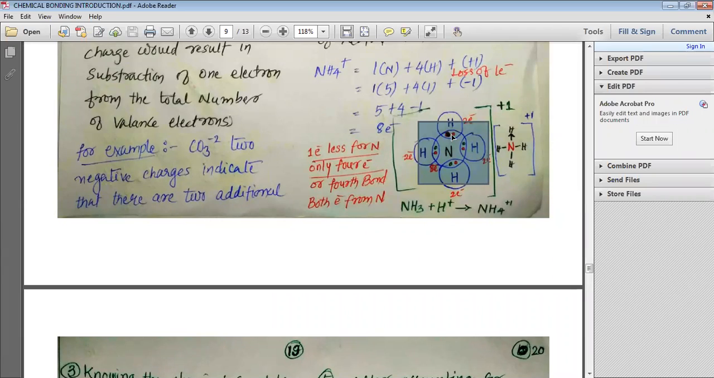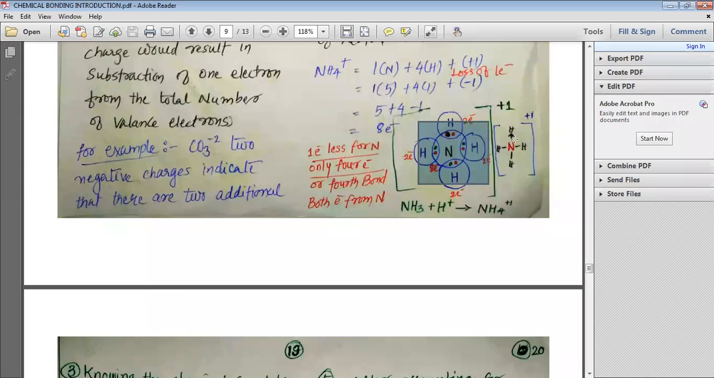To make the bond between nitrogen and hydrogen, these 2 electrons are not shared by both nitrogen and hydrogen, but these 2 electrons are given by nitrogen. These 2 electrons are provided by nitrogen to make a bond, and that is why I have represented this bond as an arrow instead of a dash. So this is how the covalent bond can be formed, and such covalent bonds